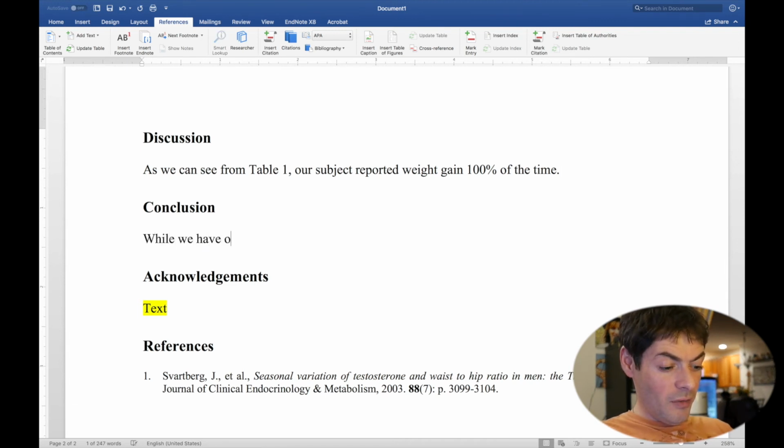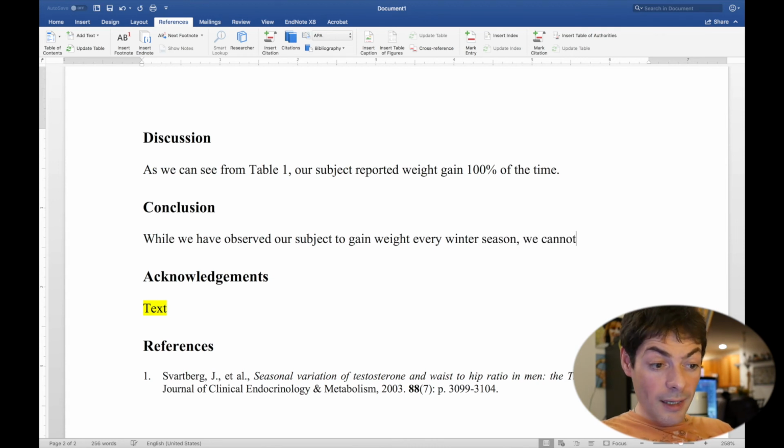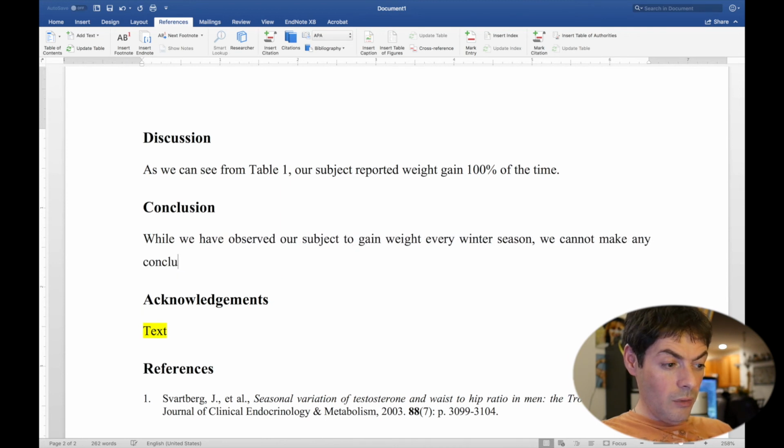While we have observed our subject to gain weight every winter season, we cannot make any conclusions from this study, as it was one highly subjective and self-reported study, and